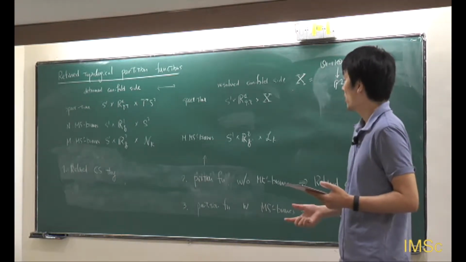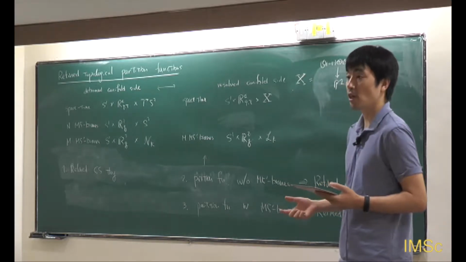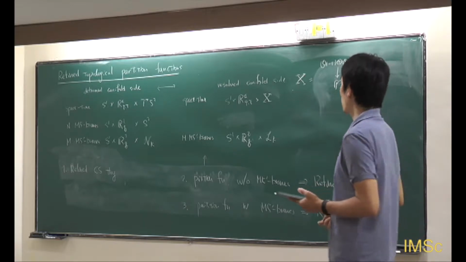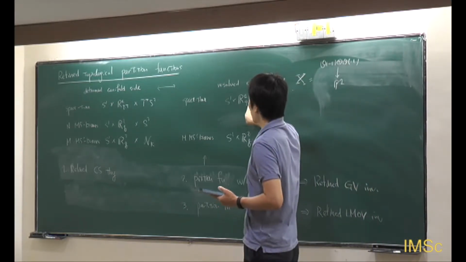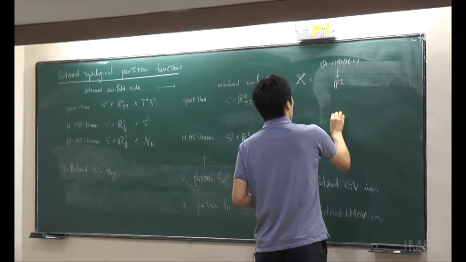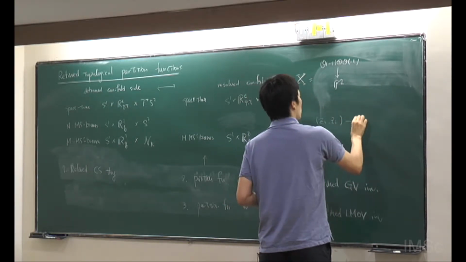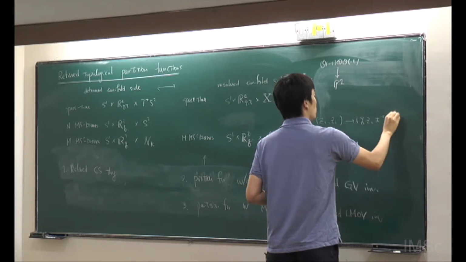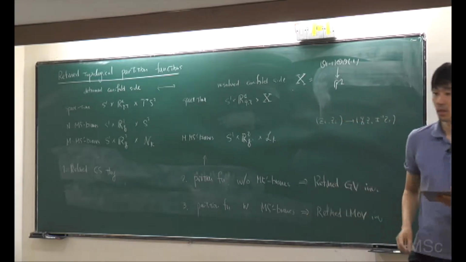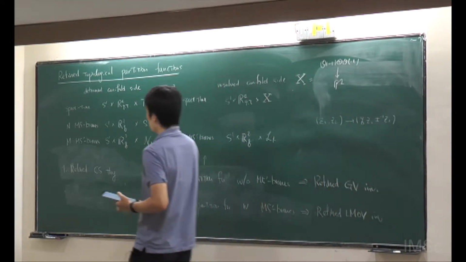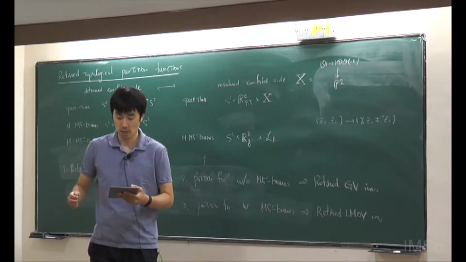And everything today I'm going to talk about in refined topological string theory. So not the ordinary topological string theory. The refined means there are two equivariant parameters. So there is an equivariant action like this. And yes, first I'm going to briefly talk about refined Chern-Simons theory, and next